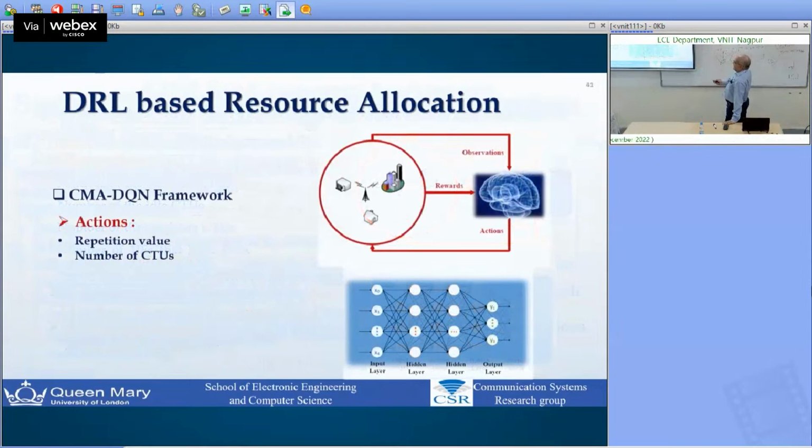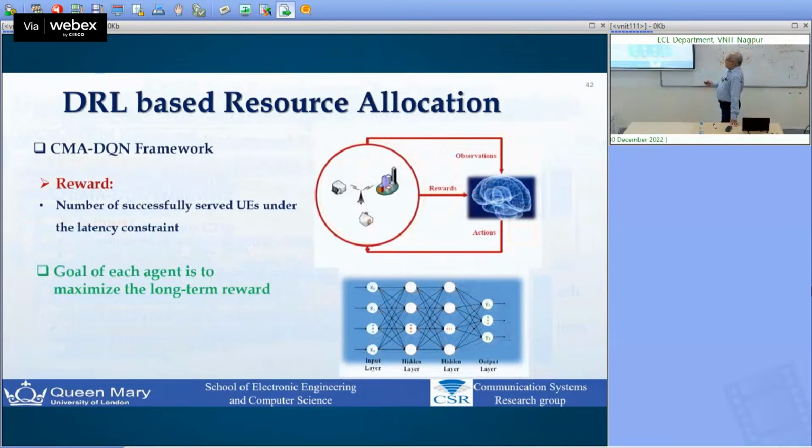So here we have 2 agents. In the narrowband IoT we have 9 plus 4, 13 agents. Here in ultra reliable low latency communications, we have only 2 agents: the number of CTU selection and the repetition value. Only 2 agents here we are going to have. So with these 2 agents,